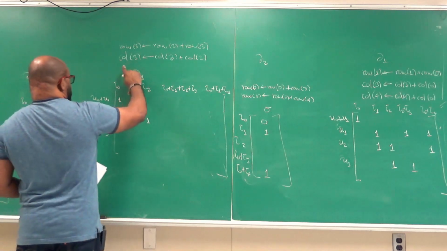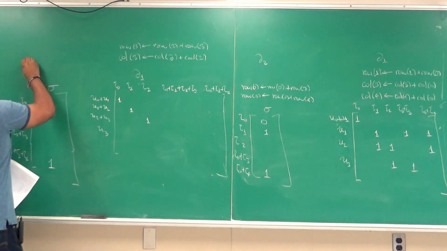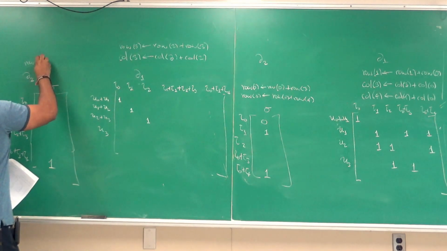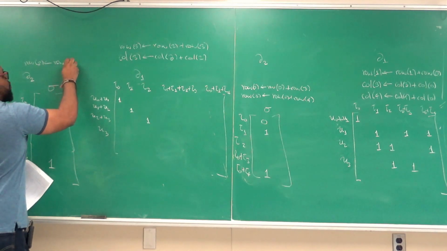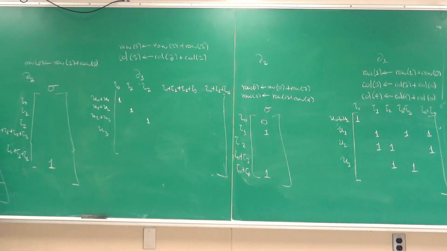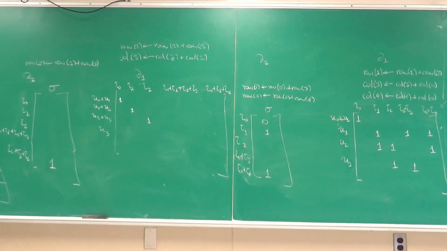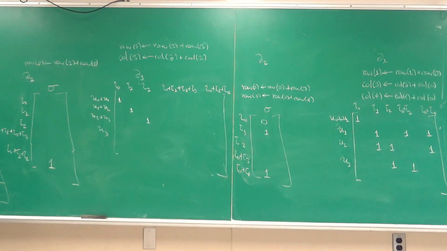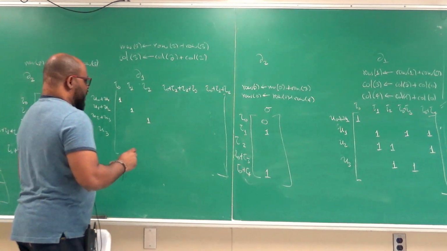Because we took these column operations and turned them into row operations like so. Okay, so right away, we can identify